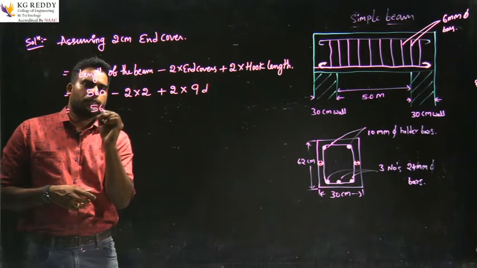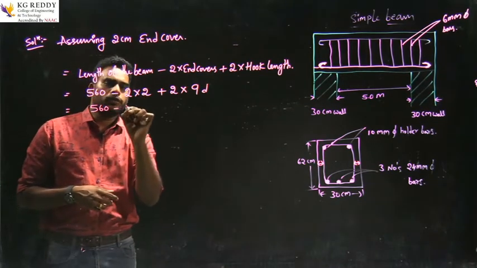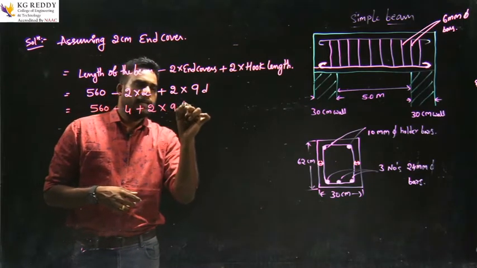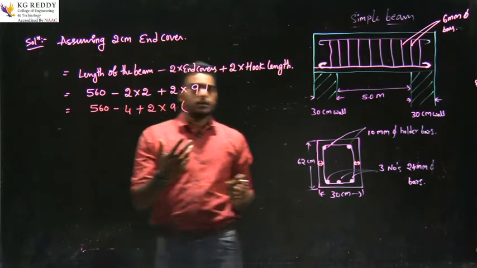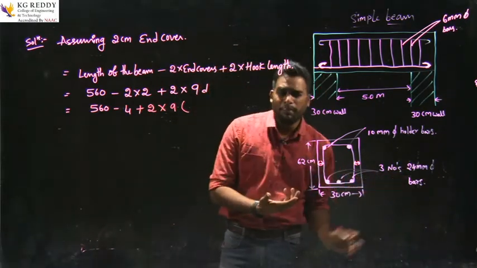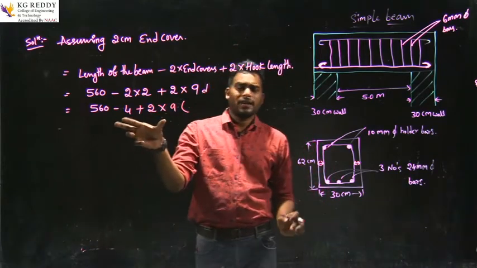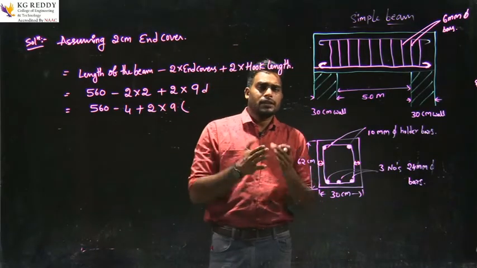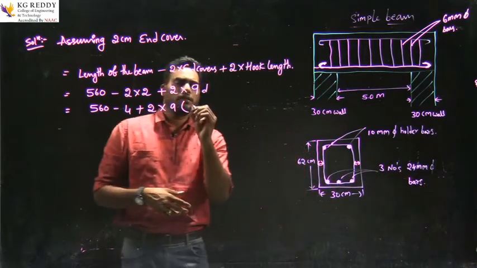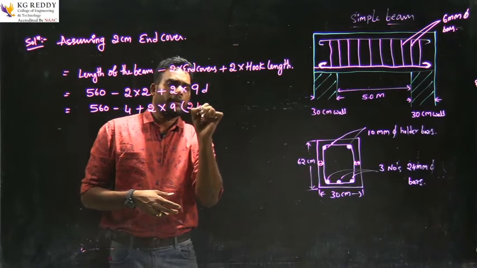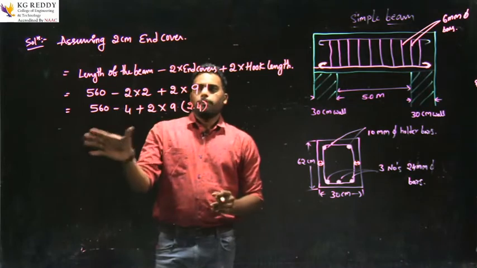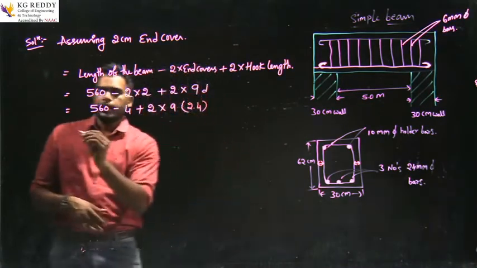So 560 minus 2 into 2 plus 2 into 9D. D is nothing but diameter, right? The diameter he mentioned is 24 mm. So these all values are in centimeters, so we need to convert this mm into centimeters. 24 mm converted into centimeters, we'll get 2.4. 2.4 is the D value. By calculating this total, we'll get